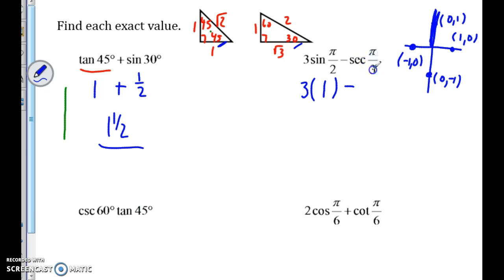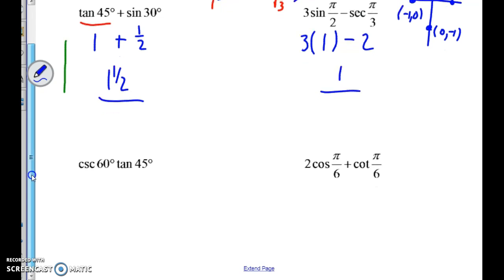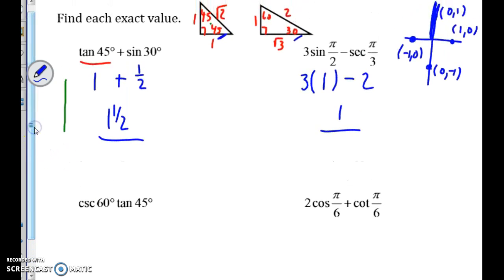Pi over 3, that's 180 over 3. That's 60 degrees. So from 60, secant is a reciprocal of cosine. So since cosine is adjacent over hypotenuse, then secant would be hypotenuse over adjacent. So from 60 degrees, hypotenuse 2 over the adjacent 1. So that would be 2. So I get 3 minus 2, which gives me a value of 1. Okay? Remember, you can always rewind this stuff if you want to listen to the rationale over again,